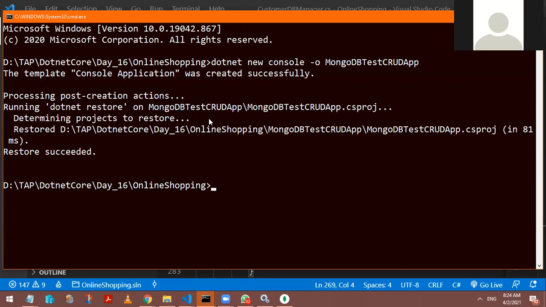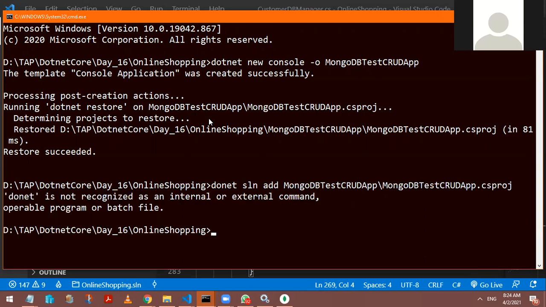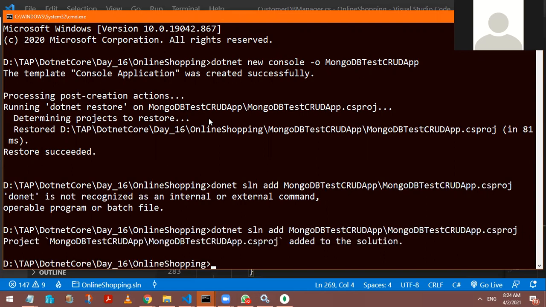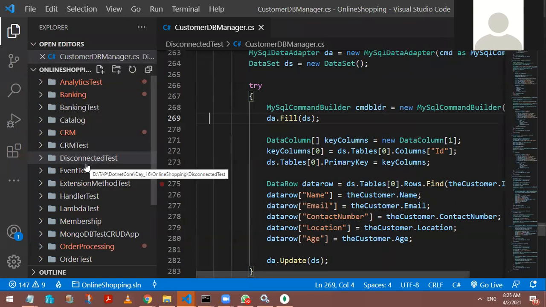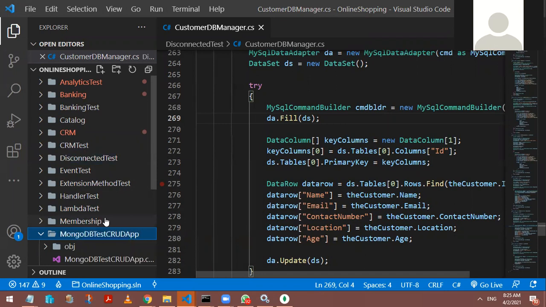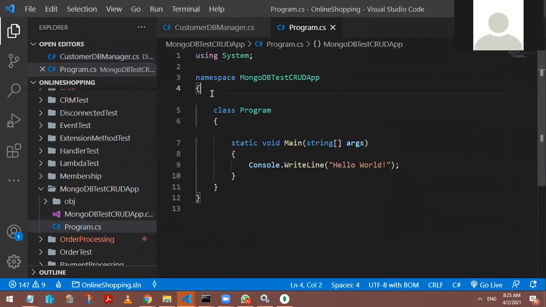I'd like to add this folder within my solution, so you know the .NET CLI command, dotnet sln add, the MongoDB project folder. Oh, something is wrong, I did not write my command properly. Okay, it tells me your project has been successfully added within your solution. Can you look around here for the MongoDB CRUD application? Yes, I find it here.